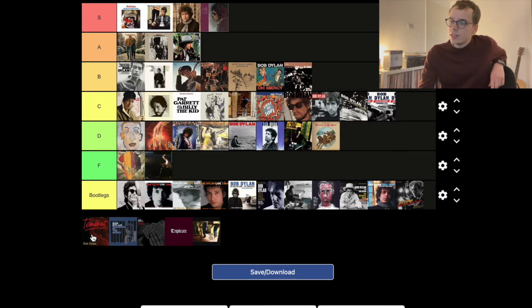So, Tempest is a good record. Again, is it as good as Time Out of Mind? I do like Long and Wasted Years. I do like Scarlet Town. I like the John Lennon dedication, Roll On John. So there are some really good moments on there. Obviously, you've got the Tempest track about the Titanic. It's a good record. It's a really good record. I think it doesn't get enough praise.